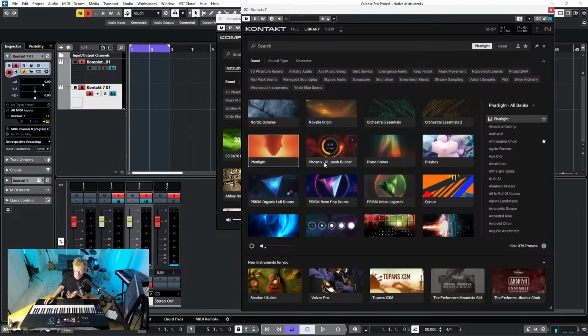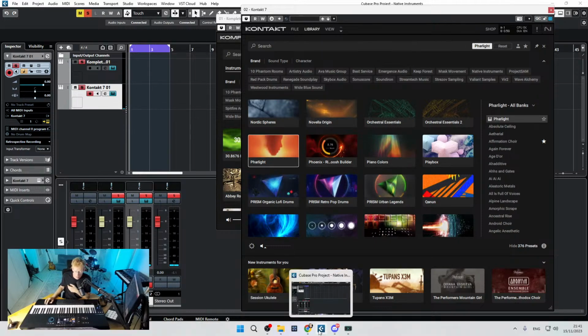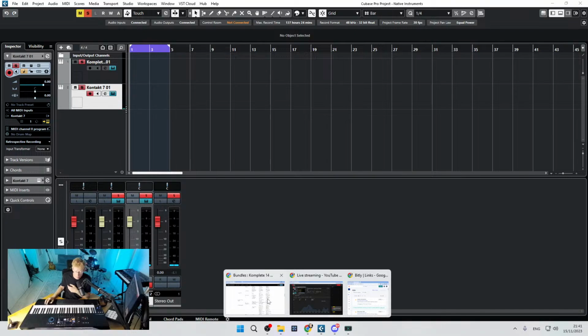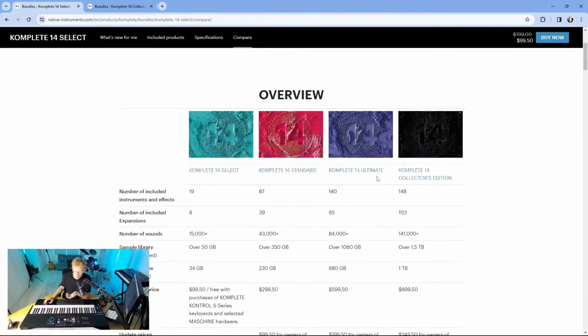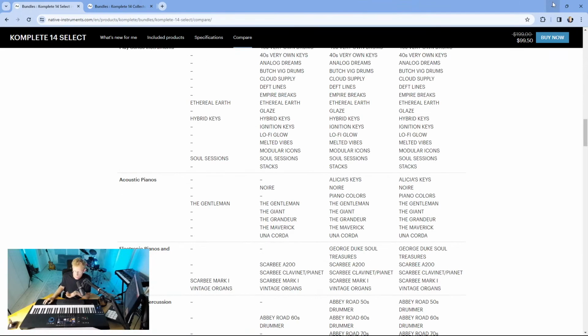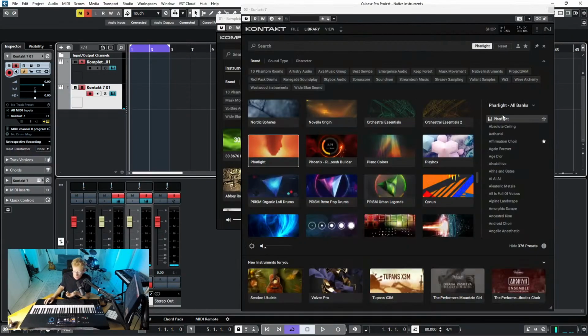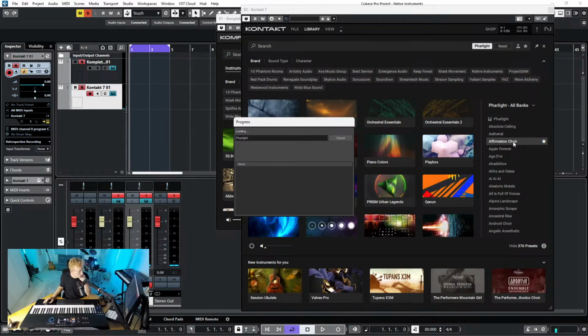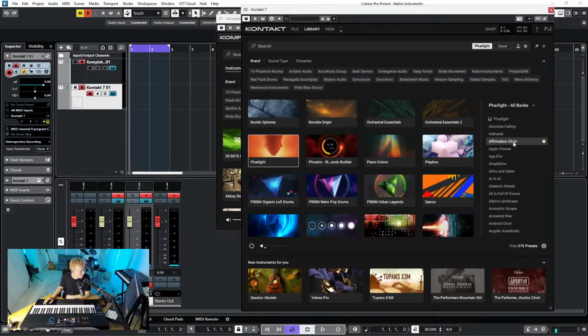For example, we have Farlight. Again, this is something you will find in the Komplete Ultimate, but it's not in the standard. So let's get that one, and I'm gonna go with this affirmation core. I'm gonna load that one. And this is also definitely inspiring